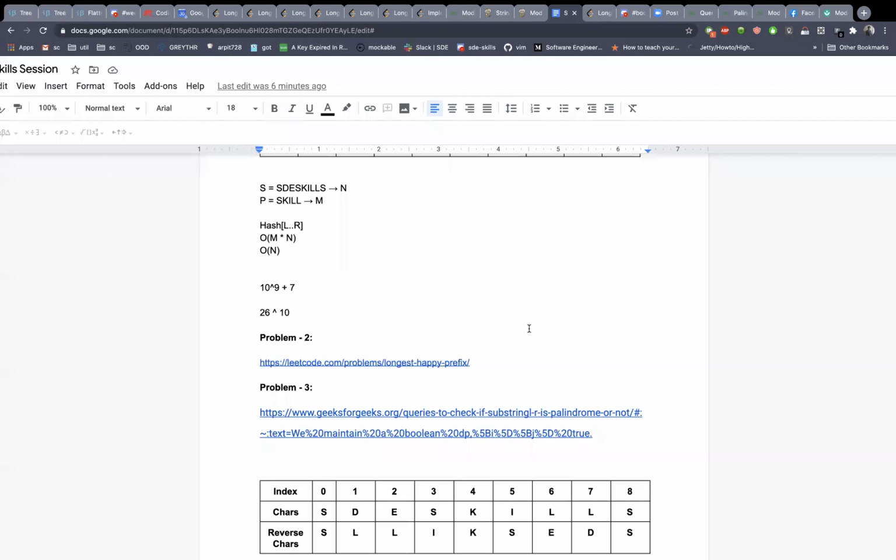KMP. Sorry, go ahead. No, I was just thinking, are there any other practical algorithms based on rolling hash, right? Rabin Karp, and there are a couple more out there, right? KMP. No, I think KMP is not based on rolling hash. Okay. Yeah, I just knew about Rabin Karp, but okay. Yeah, KMP is not based on rolling hash. Rabin Karp is based on rolling hash. I think the only thing is that you have two different strings, and that's where, basically, it is used for string comparison, right?